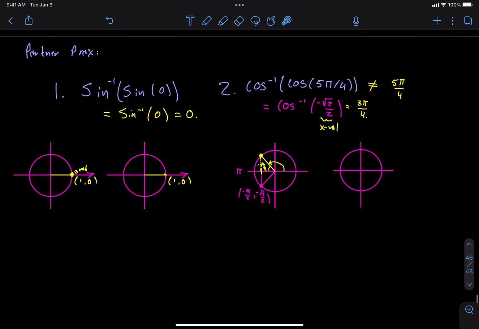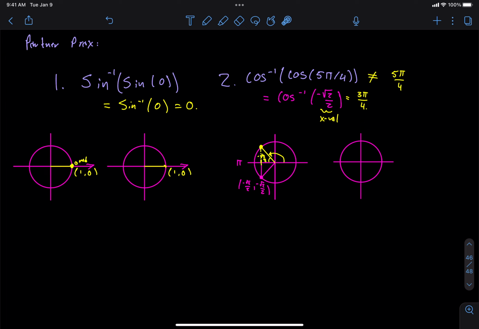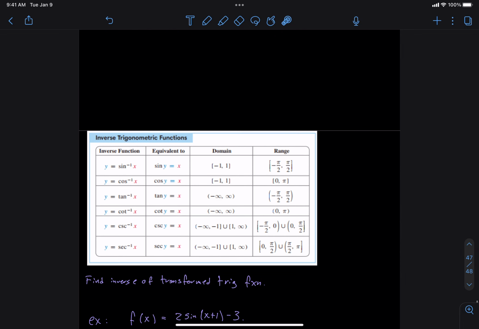Okay, so are there any questions on this partner practice that we did? Does this make you feel a little more confident with the inverse trig functions doing this partner practice? Okay, I hope so. All right, then let's move on